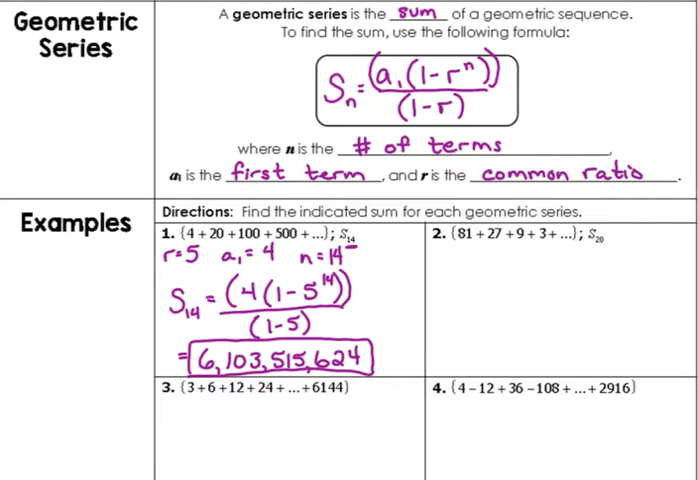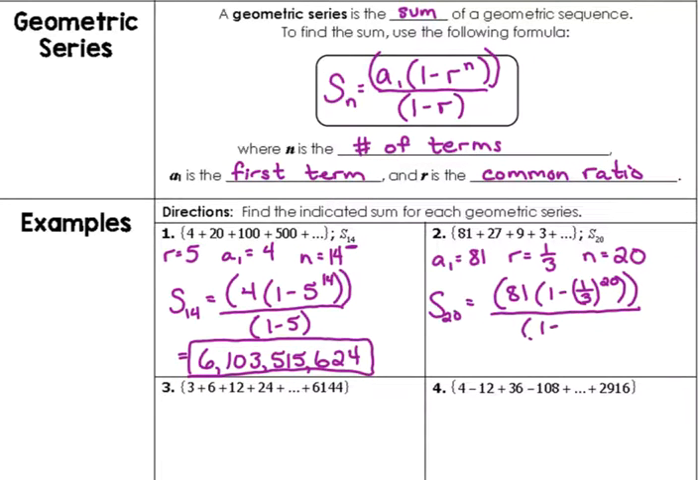Okay, let's do number 2. We've got 81, 27, 9, 3. So what is our first term? It is 81. What is our common ratio? 1/3. Okay, 1/3, and n is 20 because they want S sub 20. So S sub 20 is equal to the first term, 81, times 1 minus r. Since it's a fraction, you do need an extra set of parentheses around it. So minus 1/3 to the 20th